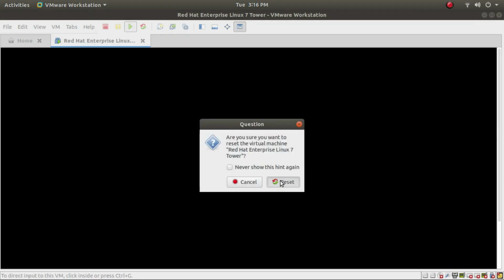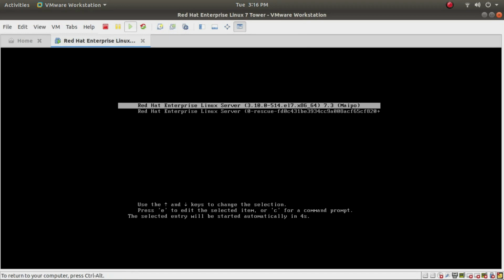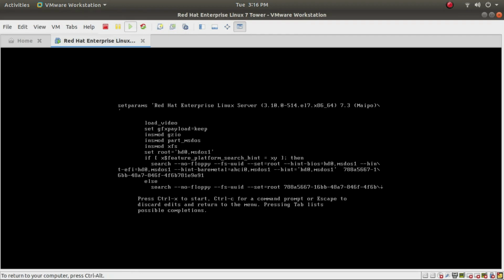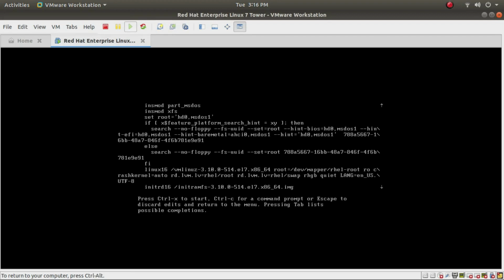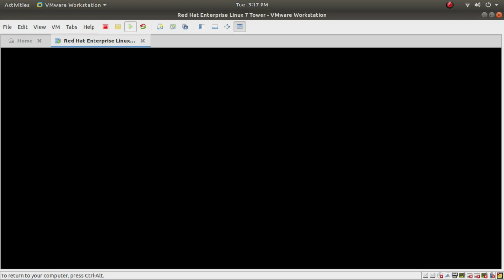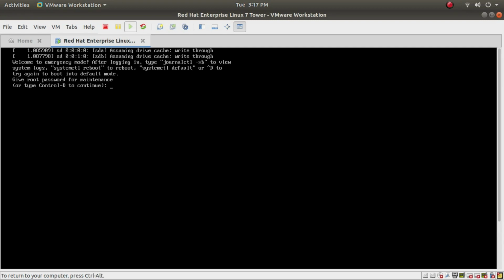So let me just reboot it again, and again I have to go back to here, and what we are supposed to do now is nothing but emergency mode. Let me go inside here and type the same thing, systemd.unit=emergency.target, Control X,